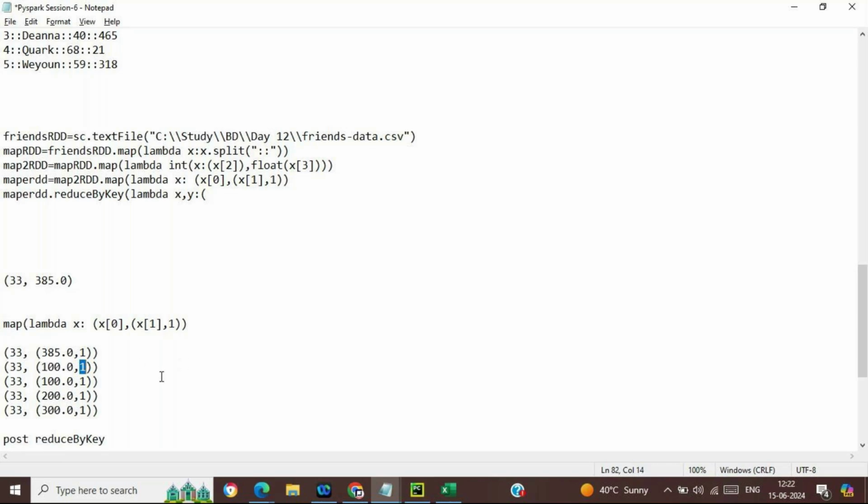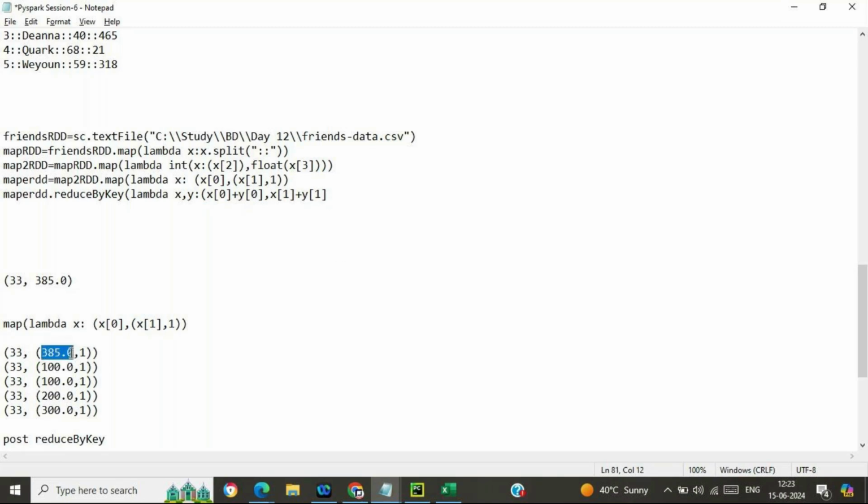Let me write it down, then you will be able to understand. I'm going to perform the sum: x of 0 will be clubbed with y of 0, comma, x of 1 will be added with y of 1.